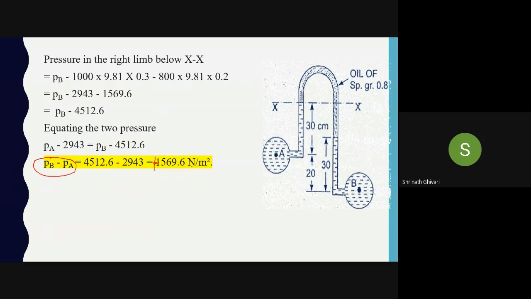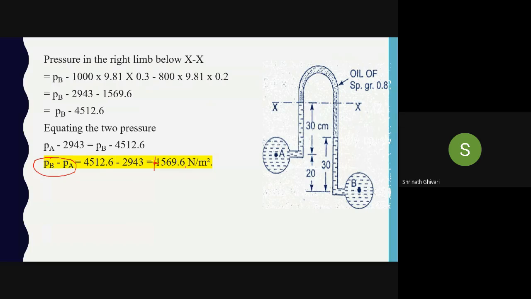If we specifically say find the vacuum pressure difference, then you have to go for that. He is not saying that, he is just saying the pressure. So that is the gauge pressure, so that is positive. Understood? Any doubts? Any doubts? Anyone? Sir, please say the PB minus PA once more.